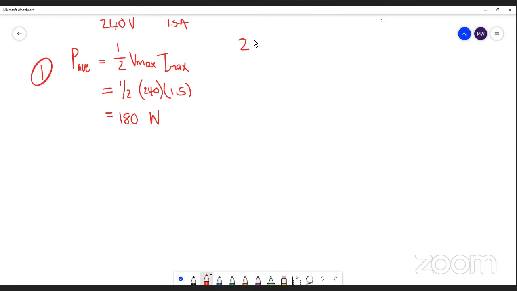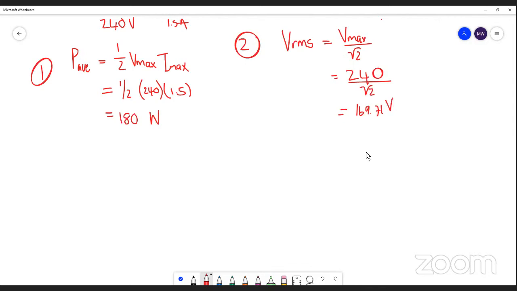Or we could work out the VRMS first, which is your Vmax divided by the square root of 2. So 240 divided by square root 2. And that would give you 169.71 volts. And then we work out our IRMS value,